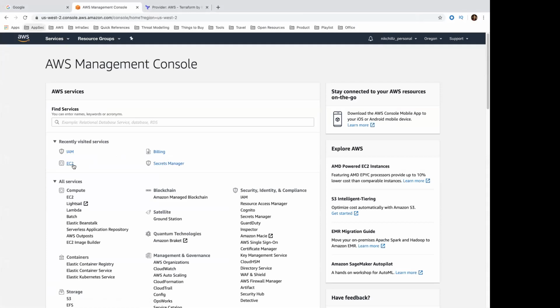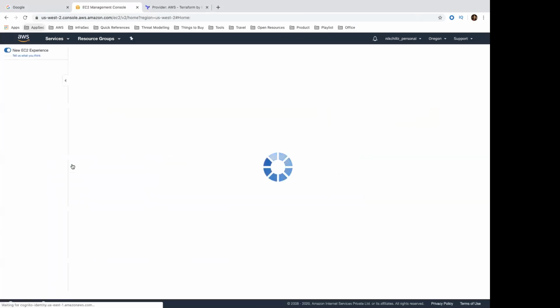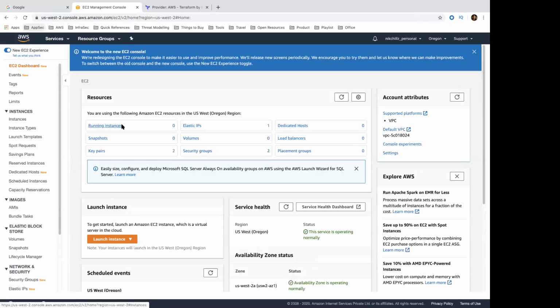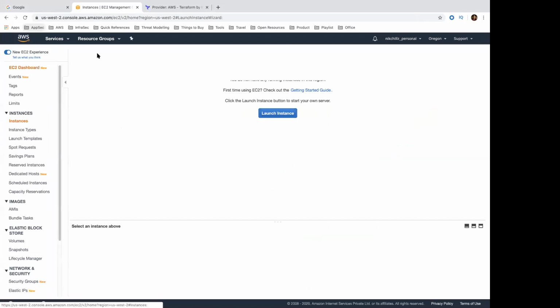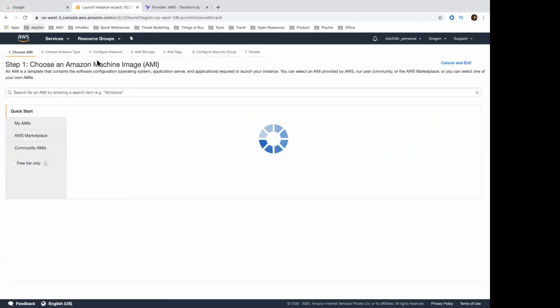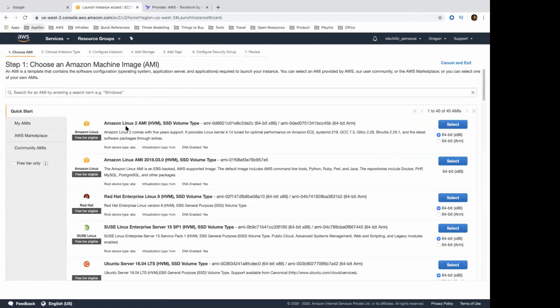Let's say I go to EC2 here and launch a new instance. While I select from this set of operating systems, this is the AMI ID that I get to copy. It is unique to that particular operating system.